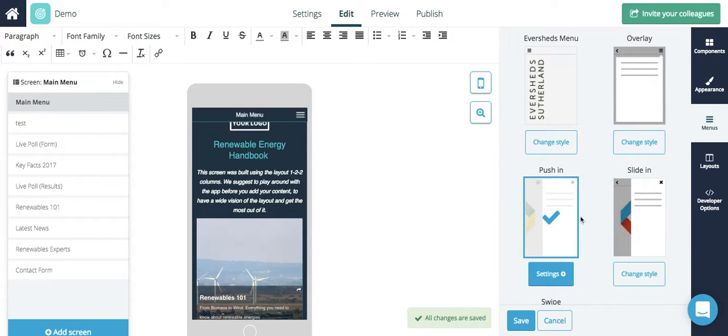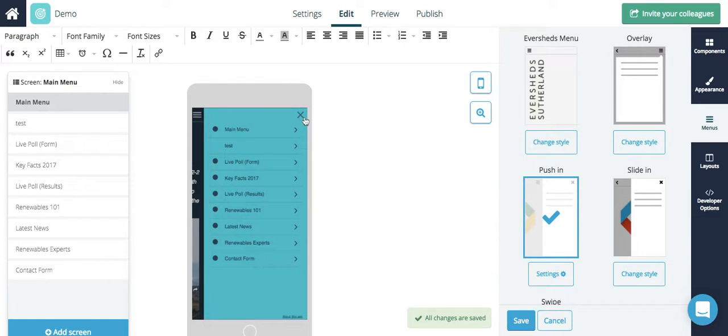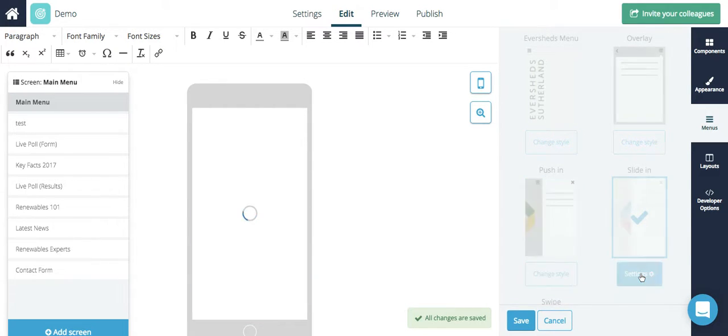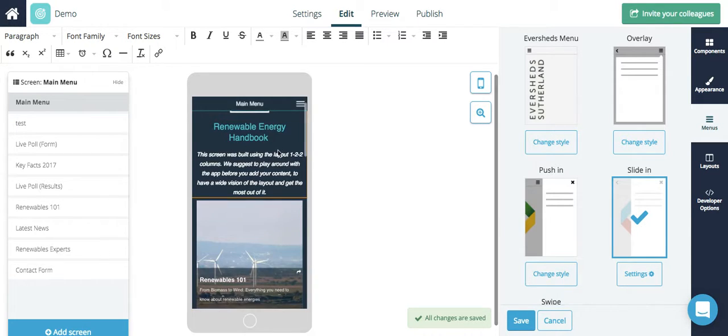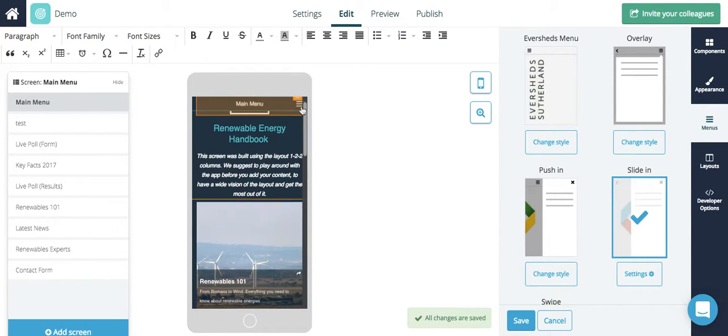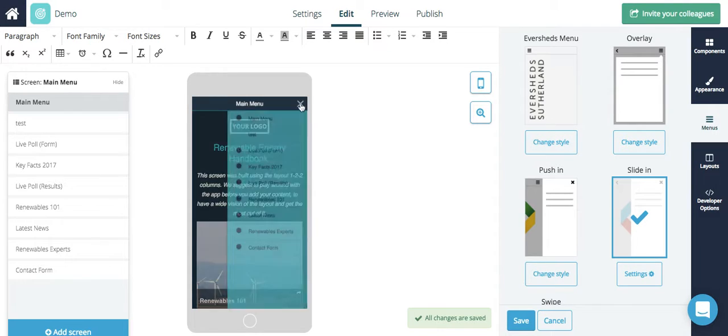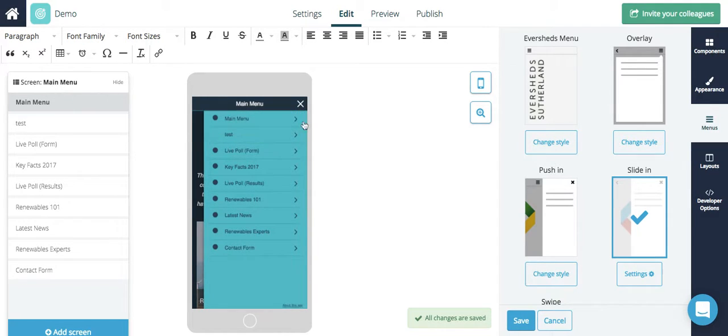Our current push-in menu is highlighted and looks like this. Let's change to a slide-in menu and see what happens. Just click Change Style. You can now see the slide-in menu reflected on your app screen over here. Remember, you can always test these out in Preview and in the Fliplet Viewer app to see how end users